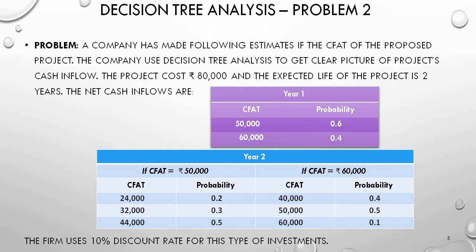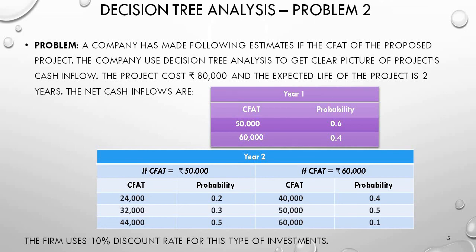The net cash inflows are: for year 1, cash flows after tax 50,000 with probability 0.6, 60,000 with probability 0.4. Year 2, if cash flows after tax of rupees 50,000 is considered as base, then we can assume the further cash flows, that is 24,000 with probability 0.2, 32,000 with probability 0.3, 44,000 with probability 0.5, and